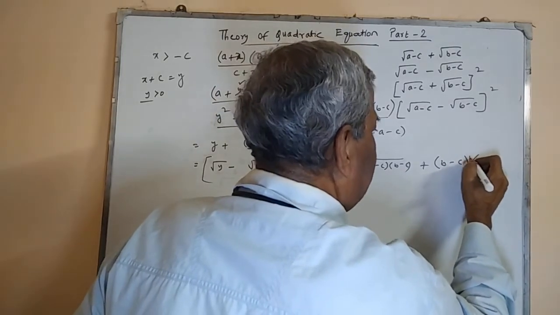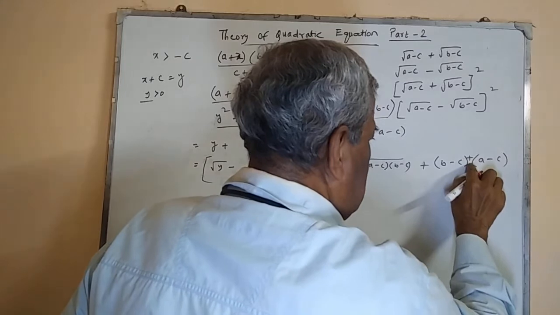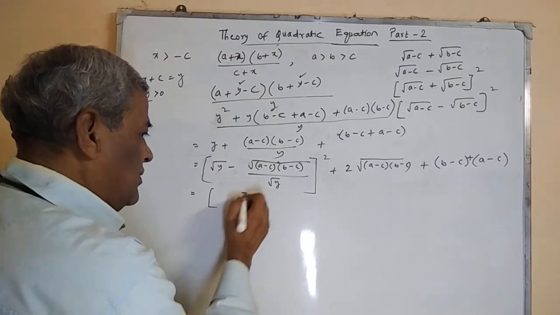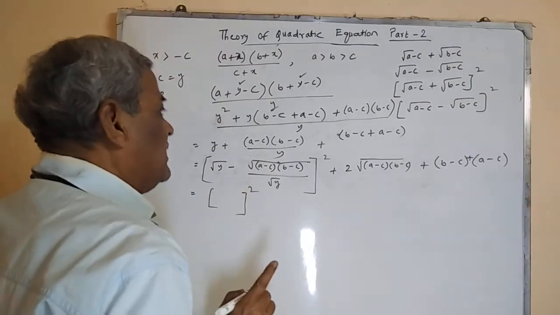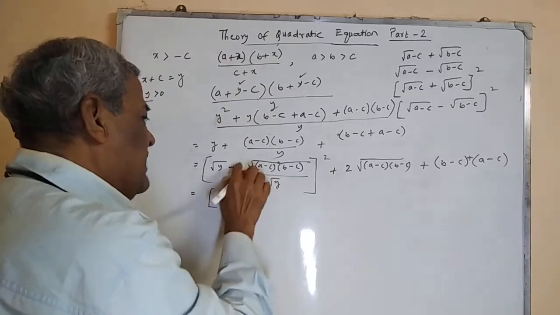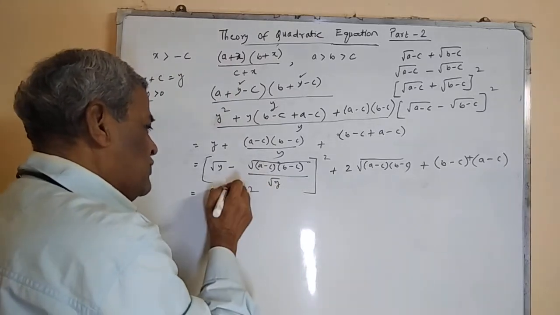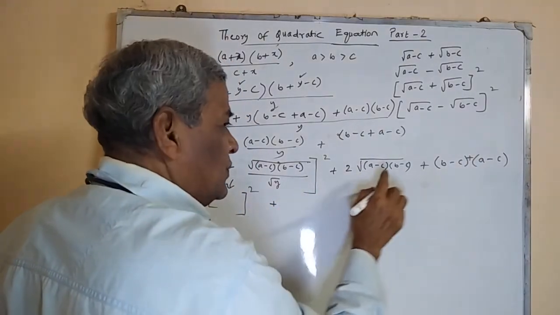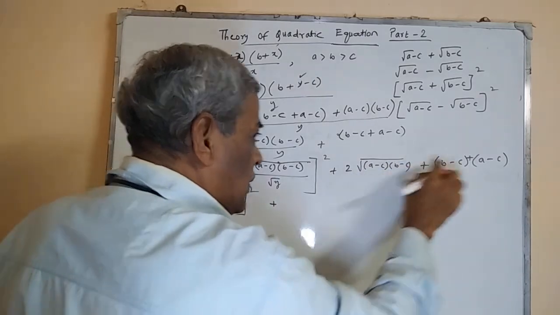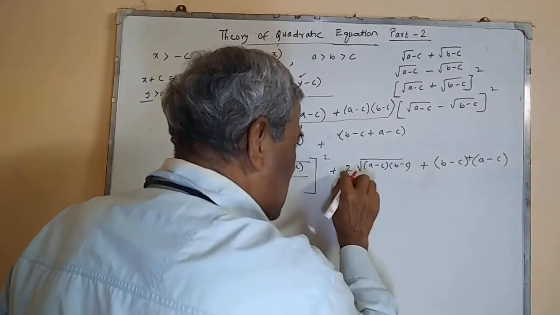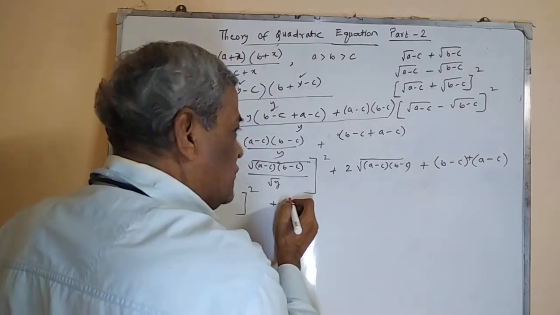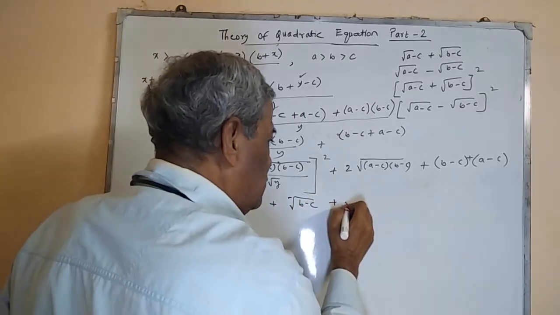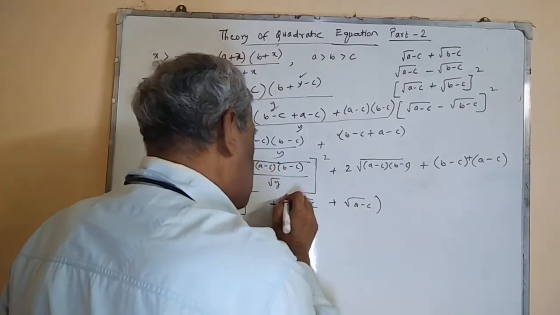plus a minus c. This is plus. So it is equal to this term whole square, and only the variable y is within that. This one is that, and this is all constant. Plus 2, it is actually a square plus b square plus 2ab, that is, it is equal to root over of (b minus c) plus root over of (a minus c), whole square.